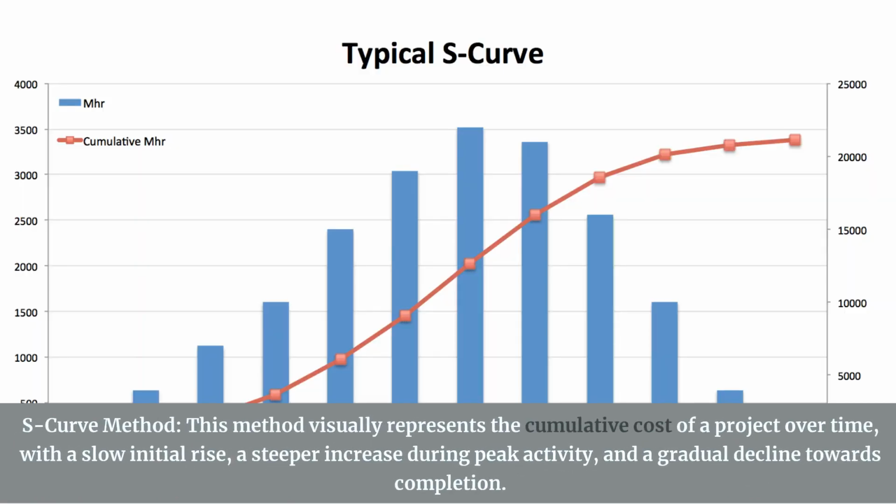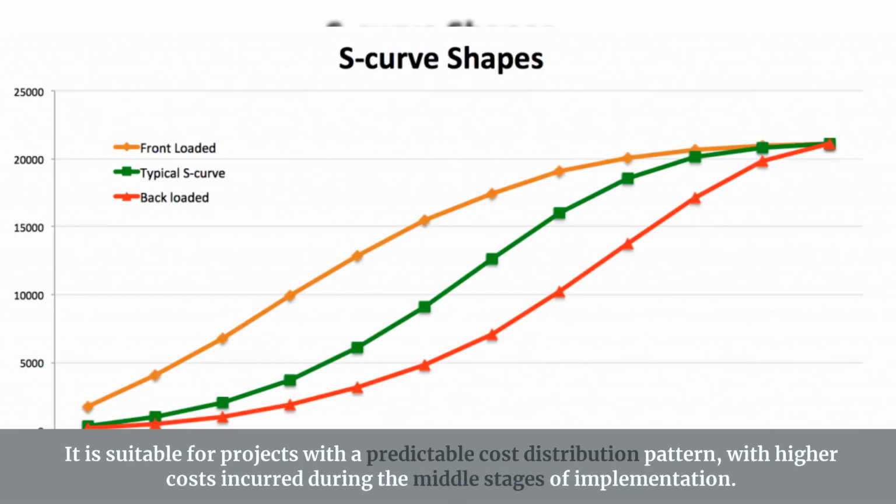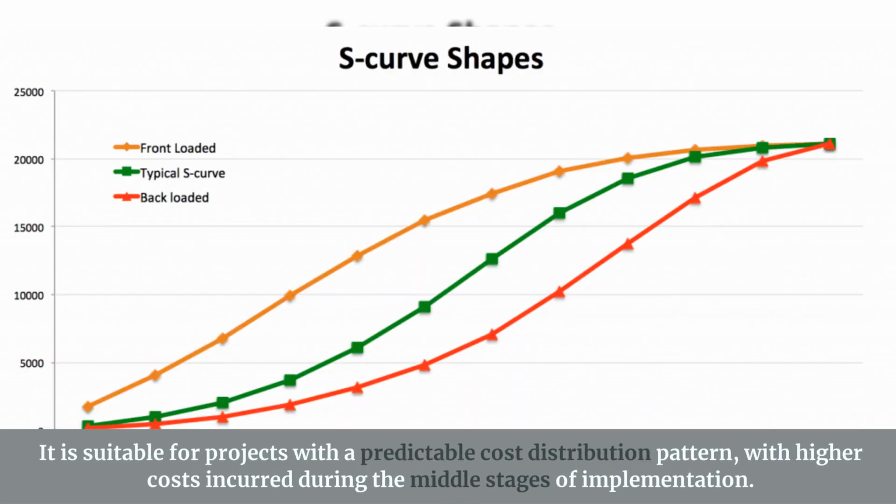S-curve method. This method visually represents the cumulative cost of a project over time, with a slow initial rise, a steeper increase during peak activity, and a gradual decline towards completion. It is suitable for projects with a predictable cost distribution pattern, with higher costs incurred during the middle stages of